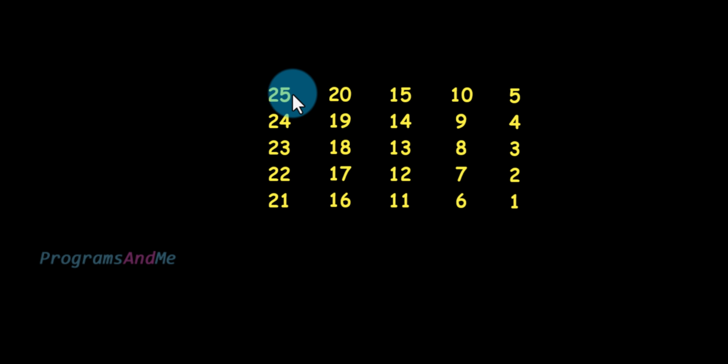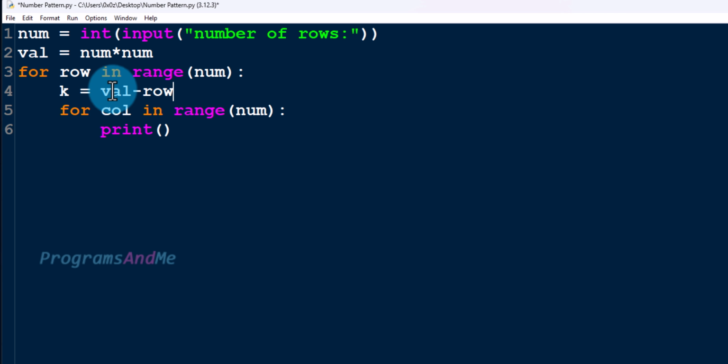To get the value at the beginning of every row, I need to subtract row number from the value, that is 25. 25 minus 0, 25. 25 minus 1, 24. 25 minus 2, 23 to get this number. So inside the for loop for row we need to take this statement. Okay, next here we need to print k